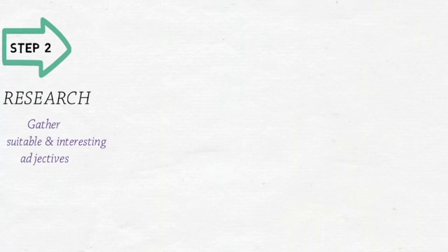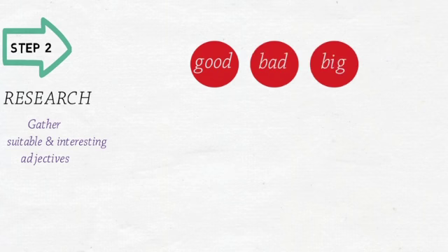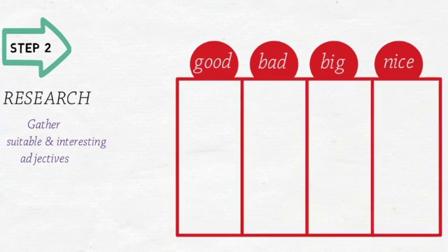The common words like good, bad, big, nice are alright, but we can replace them with more interesting words. For example, if you want to say your plant smells bad, you can use more interesting adjectives such as rotten,